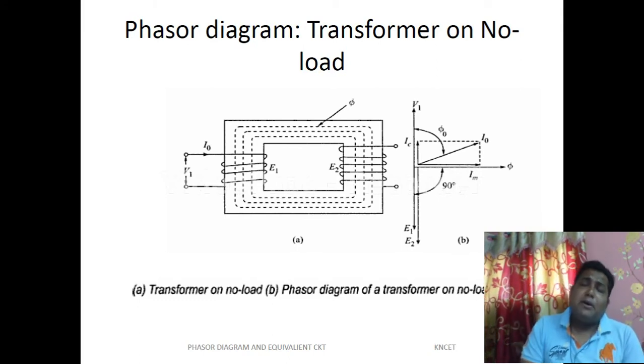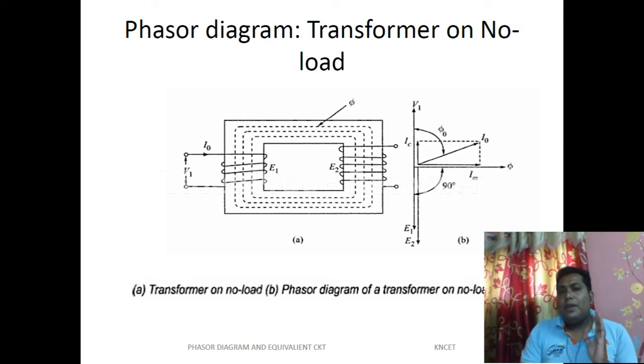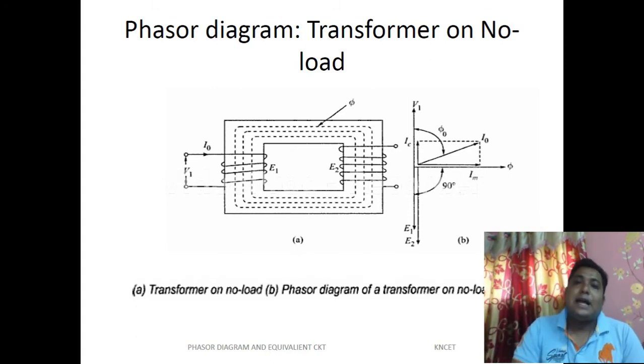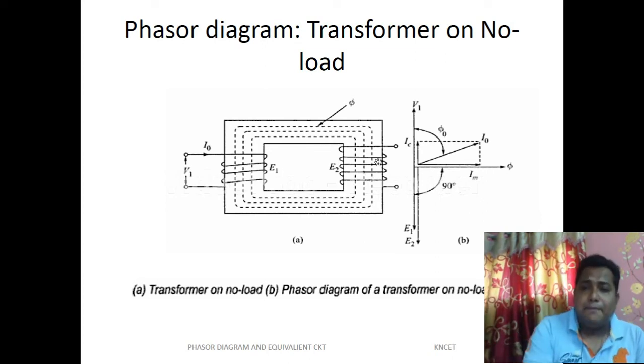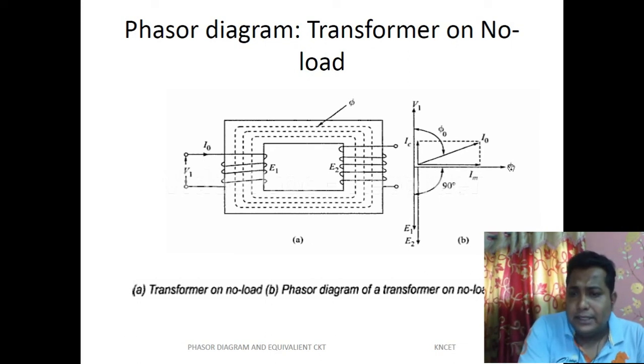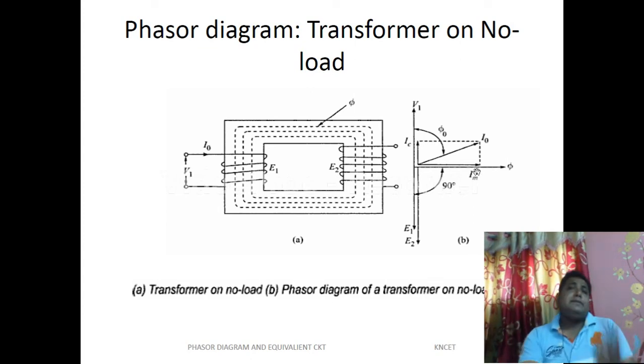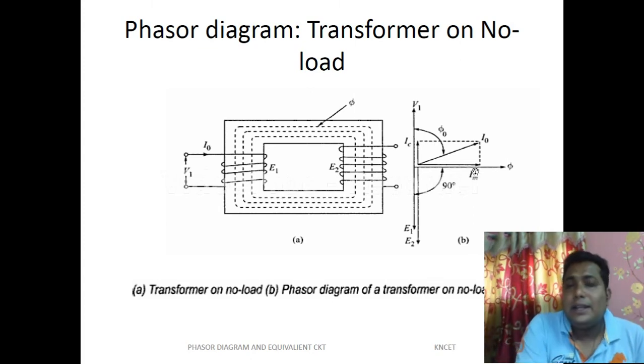Here the amount of current that is lost, which we cannot utilize, is denoted by IC. Now we have to think that this I0 current, the total current coming from the source, has two components. What are the components? Im, the magnetizing component, and IC, the loss component. As you can see, over the phi axis we have drawn this Im. Follow my pointer, this is the phi axis. Over this phi axis we have drawn this Im, because Im is the reason and its result is the phi, so both are on the same axis.